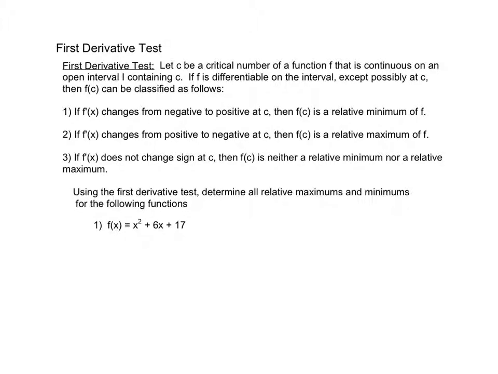Now that we know how to determine when a function is increasing and decreasing, now we want to say, okay, well, what's happening at that critical point? So if I know it's increasing before the critical point and decreasing after, what's actually happening at that critical point? Well, there's three options. If we have a critical point, we can either have a relative maximum, a relative minimum,